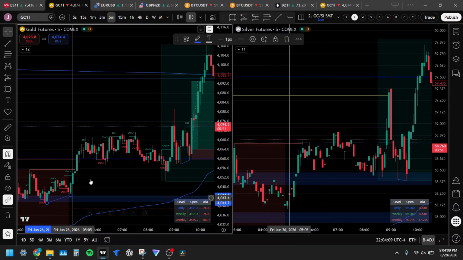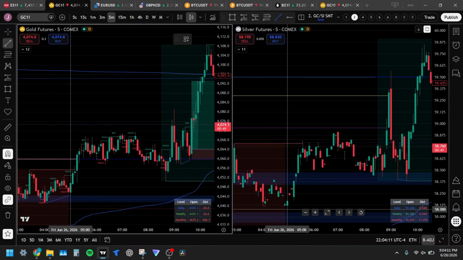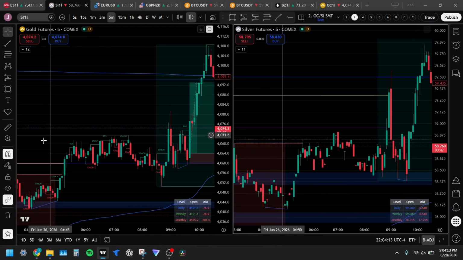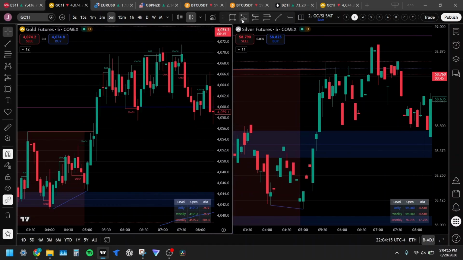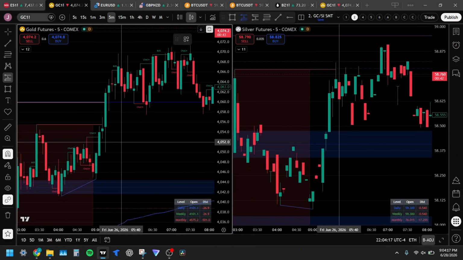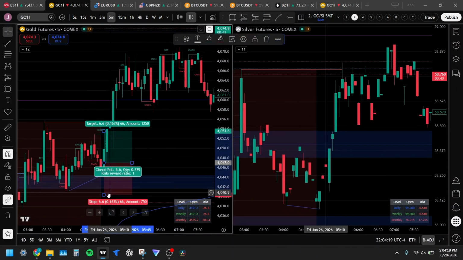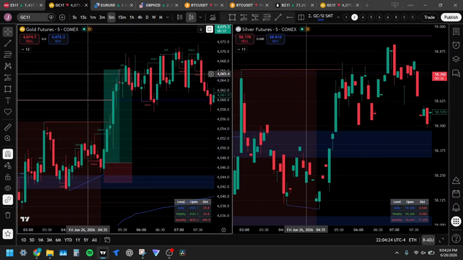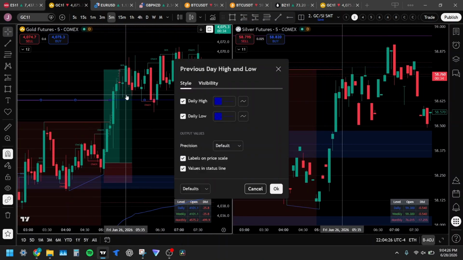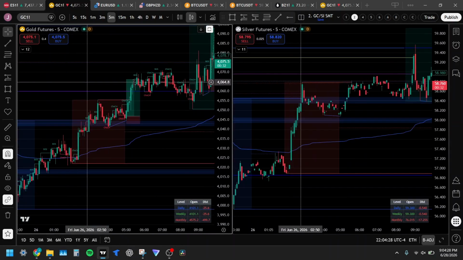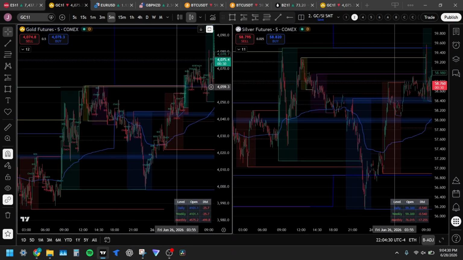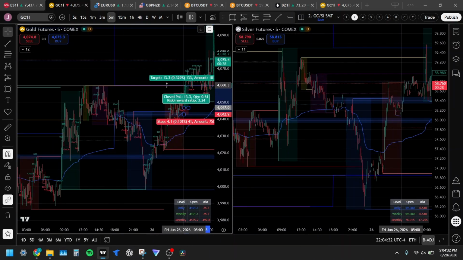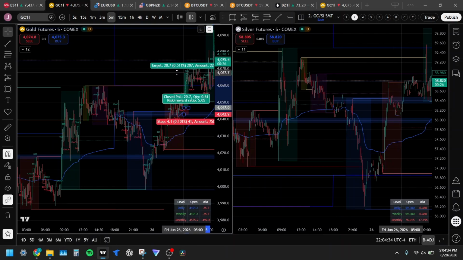But the main idea here is that we're going to be holding this because we have an important area. New day opening gap, lows, probably 50%. You have your TP set to whatever. You could either do the previous daily high or low, or you could do something even higher. You could look for liquidity. This is an area here. You can play a bit more conservative, go for the 1 to 3. You can go over here,